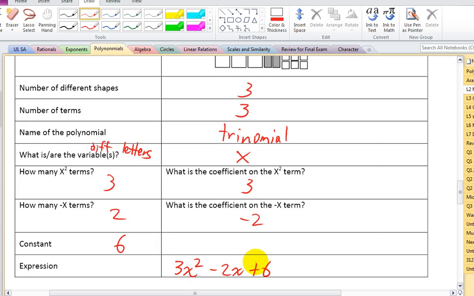Okay, so we put it all together. If you look at the diagram, you should be able to go from the diagram to the expression and back and forth. Any questions? Okay, please right now